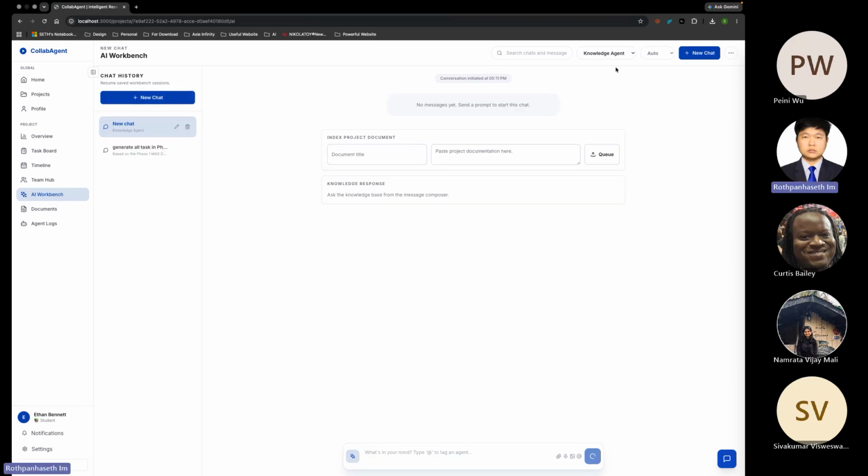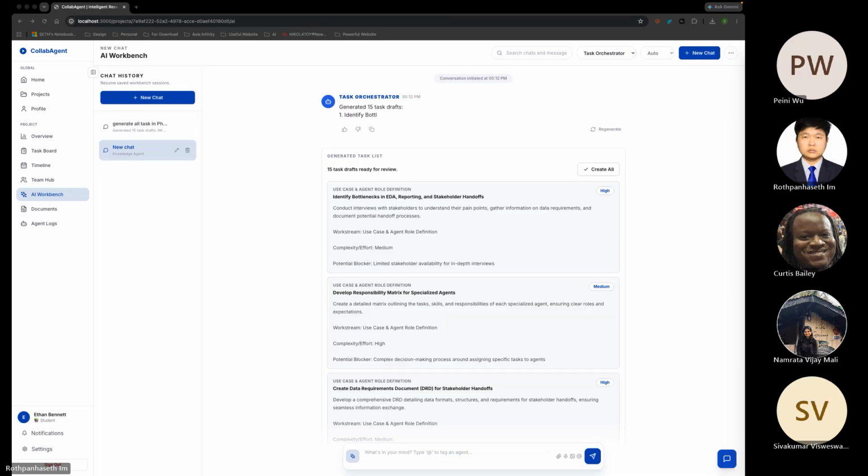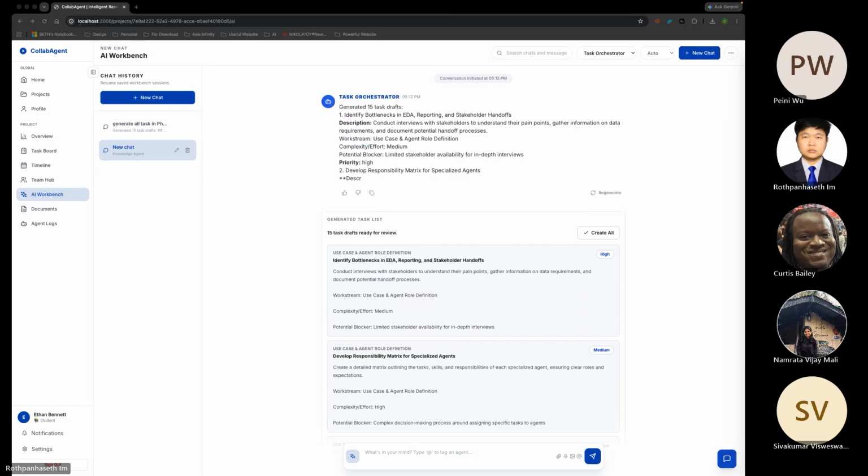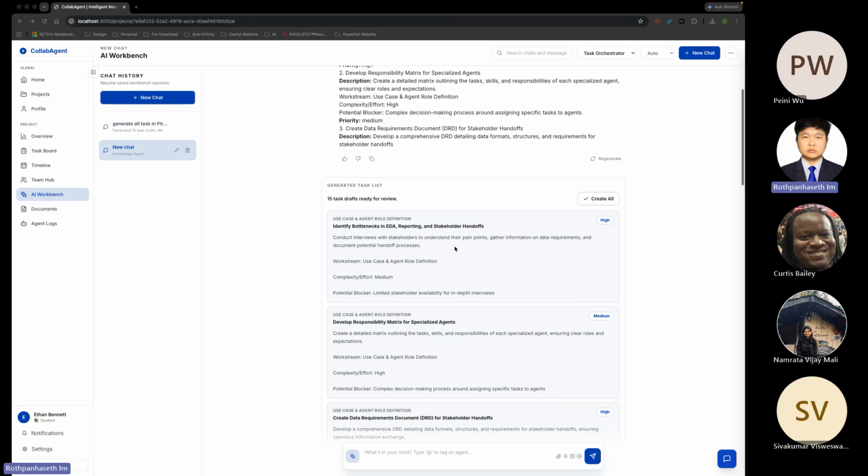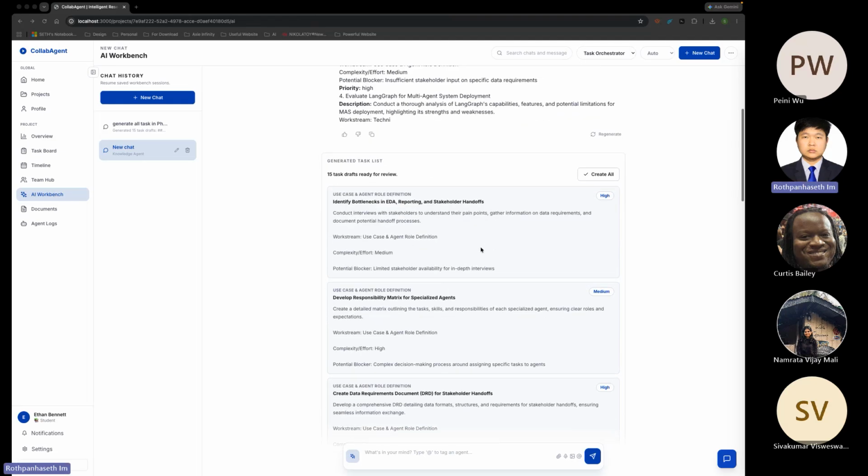Sorry. So I make a specific one, and then here it should run the model to generate all the tasks. Yeah, that is how the generated tasks look